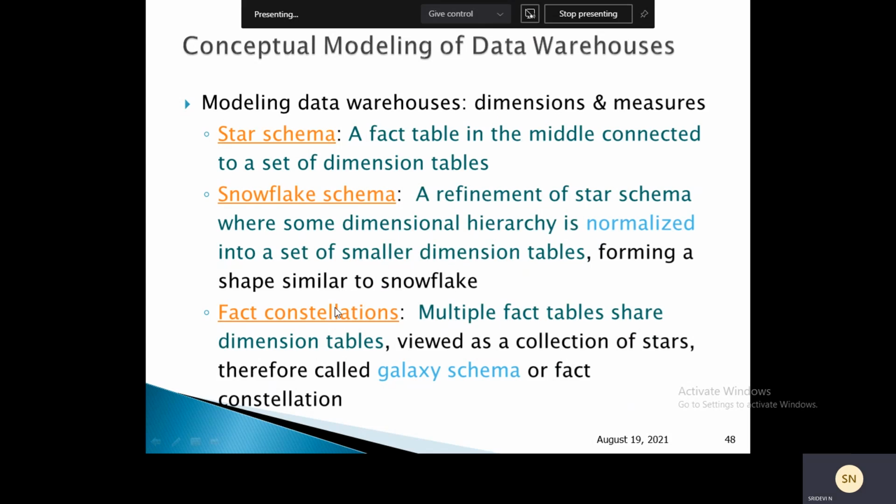In the fact constellation, we have multiple fact tables which share dimension tables. So it is viewed as a collection of stars, hence it is also called a galaxy schema. Fact constellation is also called a galaxy schema.